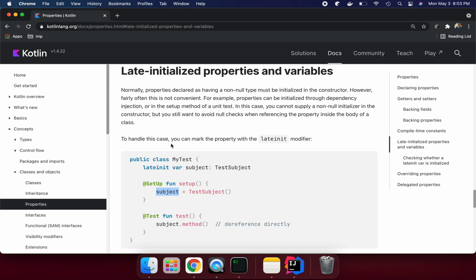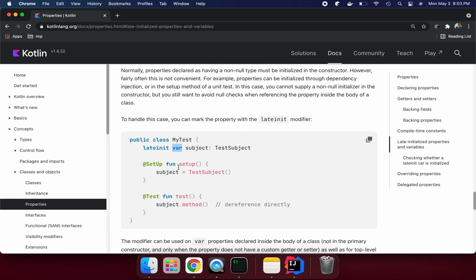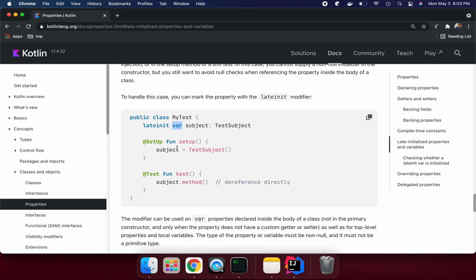To handle this case, you can mark the property with lateinit. So we can see here we have the lateinit modifier. This is a keyword, and we need to ensure the variable type is var, not val, because it is going to be initialized later. Otherwise it will give a compile time error.